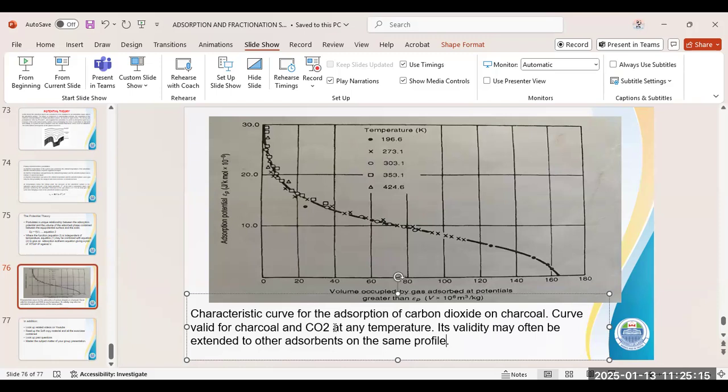So if from your basic understanding you see that the behavior of your adsorbent and adsorbate is likely to be similar to that of charcoal and CO2, and you know that there are also other conditions that may or may not come into play, like your pressure,